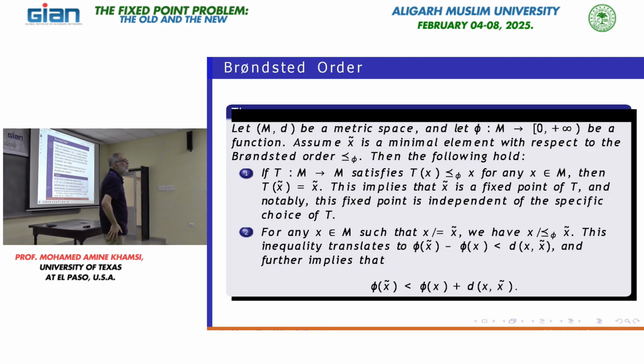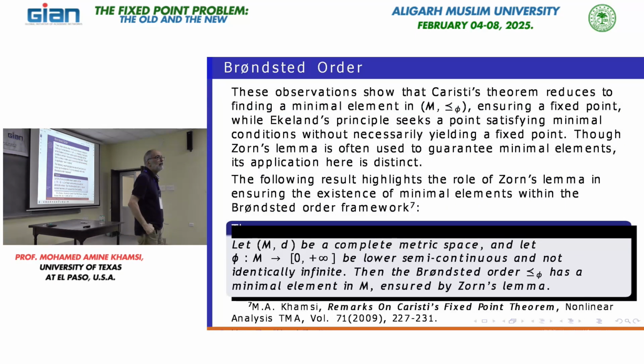How do we get the minimal point? I will conclude here. How do we get the minimal point? You just told me. By zone. Yes? If we have zone, we have minimal point. Guess what? We have zone if and only if you have it. You see this figure? We have zone if we assume complete metric space and phi lower semicontinuous.